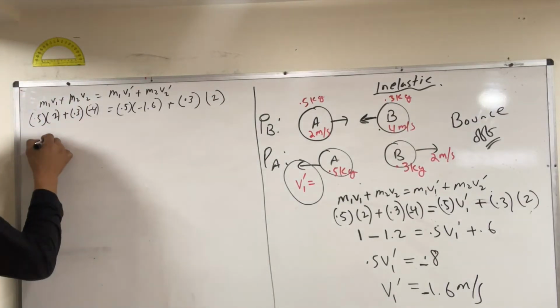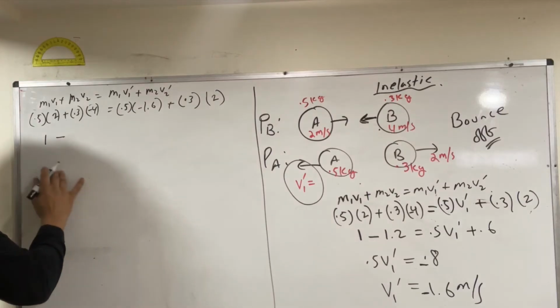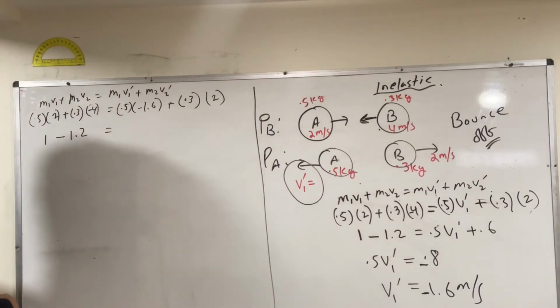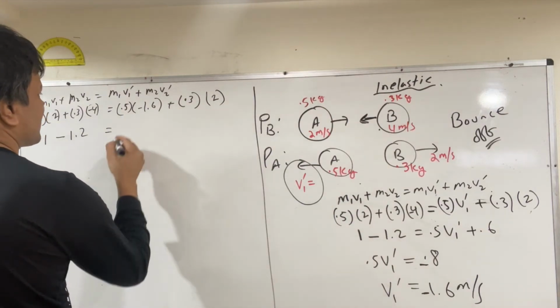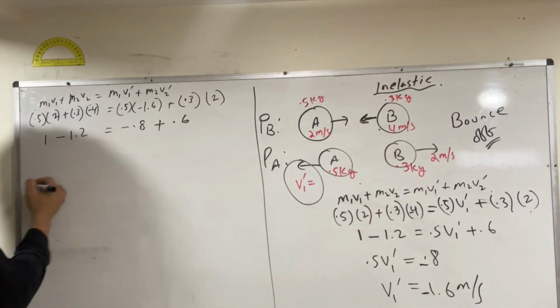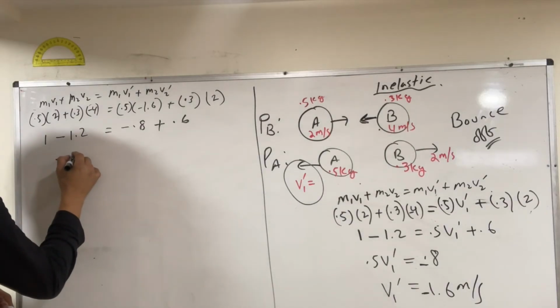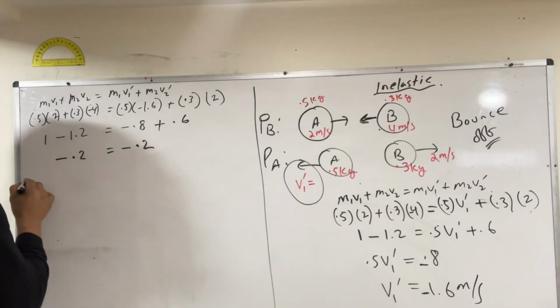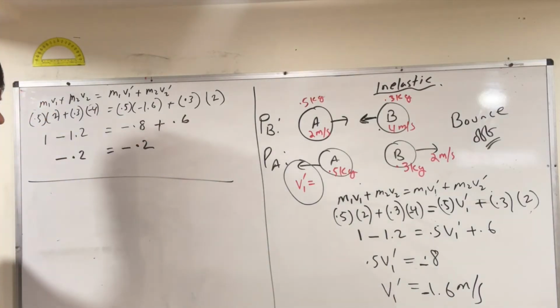All right, so this is 1 minus 1.2 is equal to negative 0.8 plus 0.6. So this is negative 0.2, this is negative 0.2. Yeah, momentum